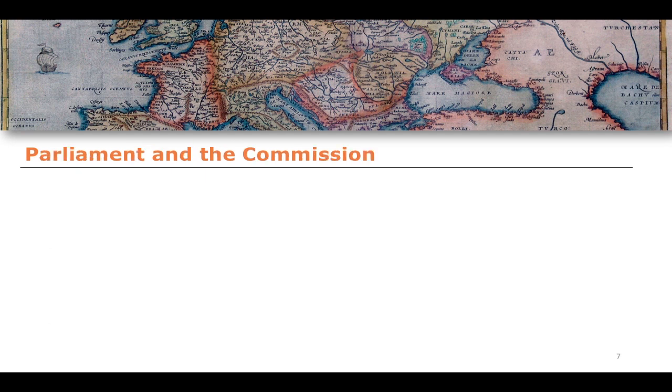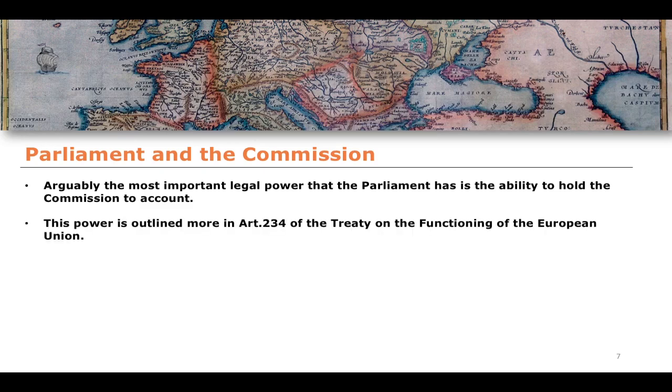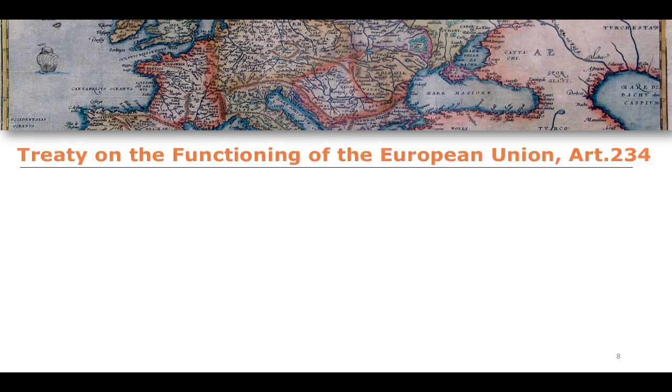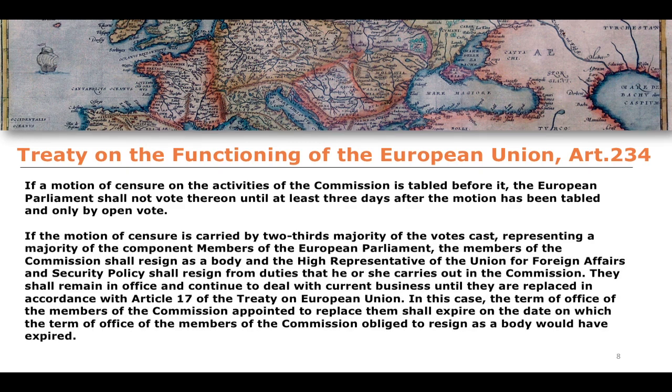Now, when it comes to the relationship between the Parliament and the Commission, this is arguably the most important legal power of the Parliament. It has the ability to hold the European Commission to account. This is outlined in Article 234 of the Treaty on the Functioning of the European Union. What Article 234 says is that if a motion of censure on the activities of the Commission is tabled before it, the European Parliament shall not vote thereon until at least 3 days after the motion has been tabled, and only by open vote. If the motion of censure is carried by a 2/3 majority of the votes cast, representing a majority of the component members of the European Parliament, the members of the Commission shall resign as a body,